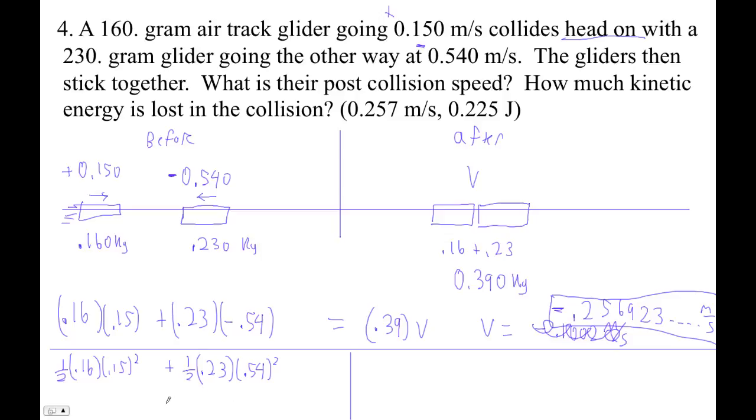So this total energy is 0.035334 joules exactly. Okay, and then this energy is 1/2 0.39 times that number, 0.256923 squared, right? So let's figure that out. So 0.5 times 0.39 times, and then I'm going to use that number in my calculator. Okay, so I'm going to go up here to that. Pop that number in there, and I'm going to square it. And I put parentheses around it because when I pop it in there, it's negative. But if you put parentheses around it, the TI calculator will square it properly. And I get that this energy is